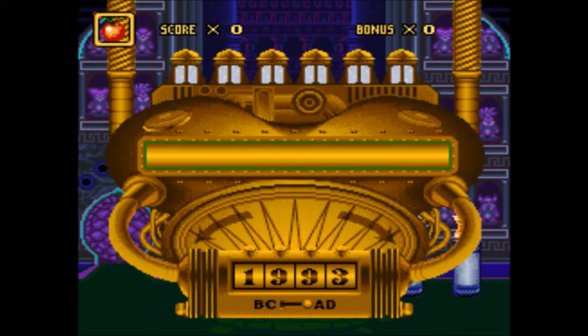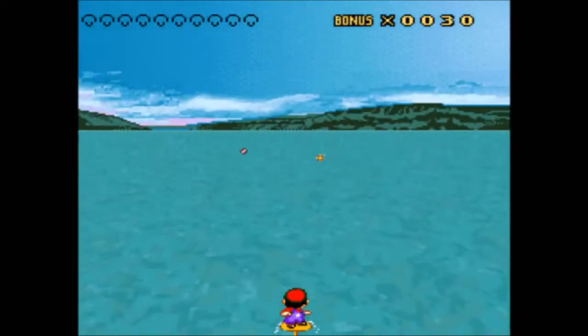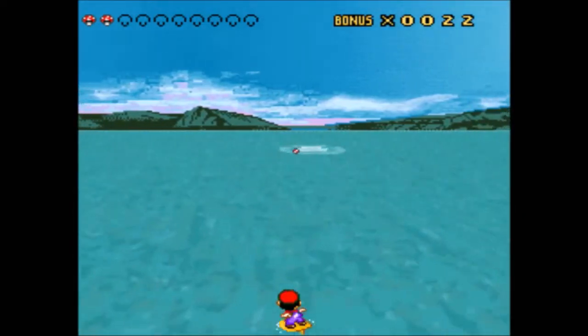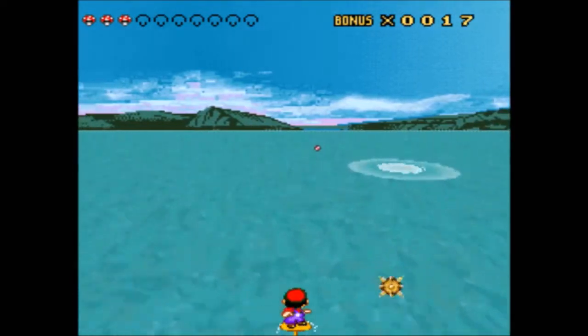Aha, with up, you change it like this. Cambridge, right? And we have to go to 1687. And that should do it. But you have to play this mini game. I think you can get more speed by holding Y. You have to get all of these mushrooms and then get into one of these, what is it,